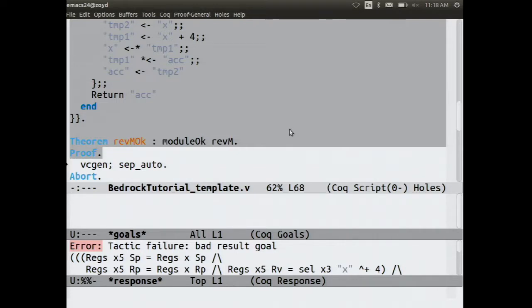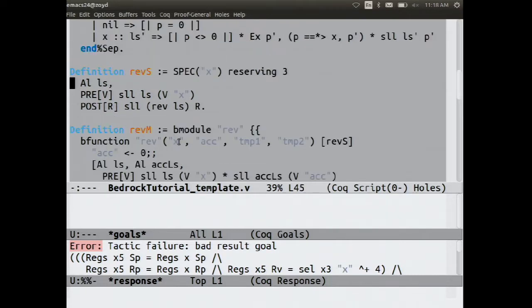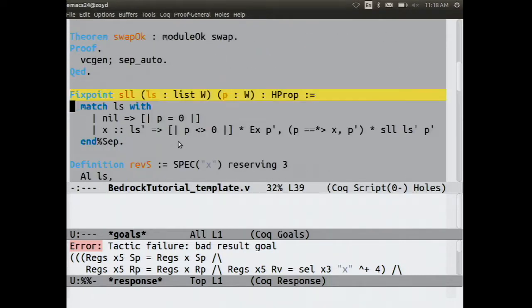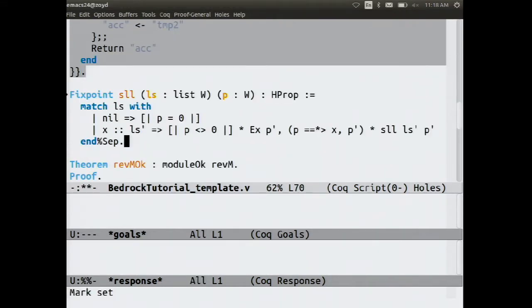Something went wrong. And I happen to know the problem is, let's see, this memory read, for instance, is going to read from this location that the symbolic executor is not convinced is a legal memory location that's mapped into this program's address space. So to deal with that, we're going to need to teach the executor a new trick, and I'm going to grab it out of the definition of lists and prove a lemma. The automation that's happening here is based on proof by reflection, but it's a kind of extensible proof by reflection that lets you plug in new lemmas when you prove them. So let me give one example.